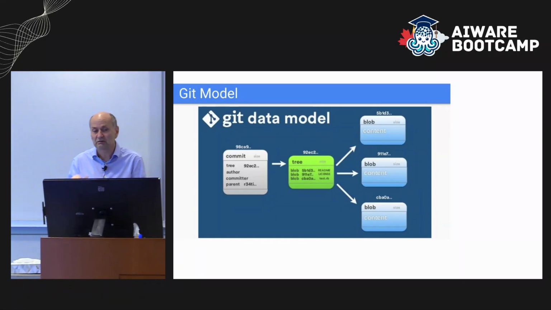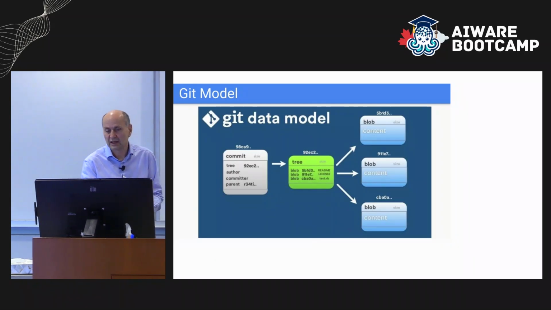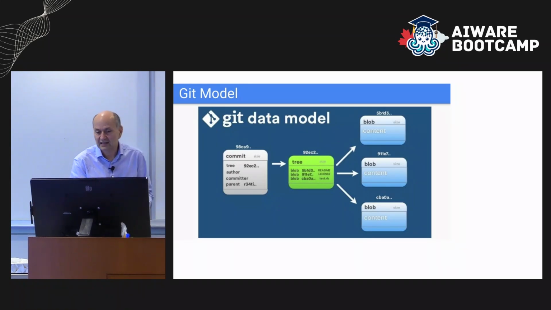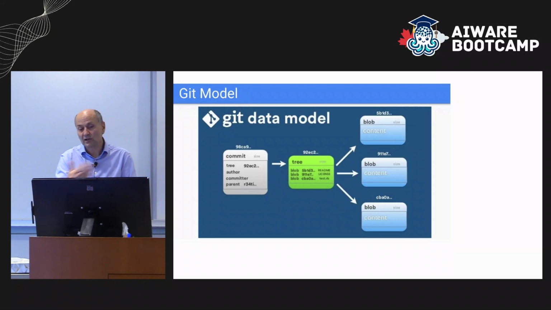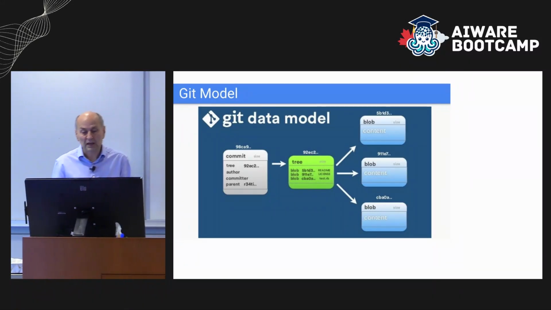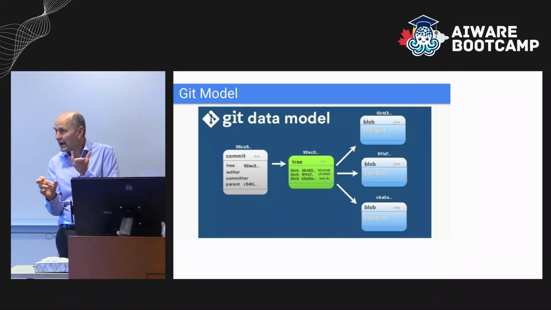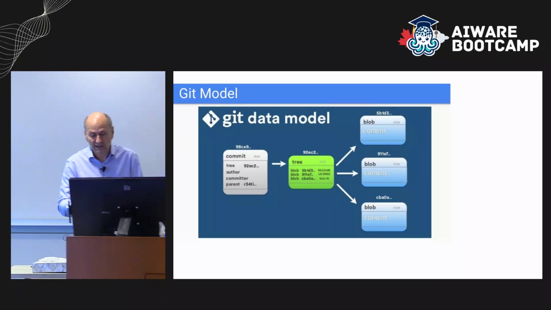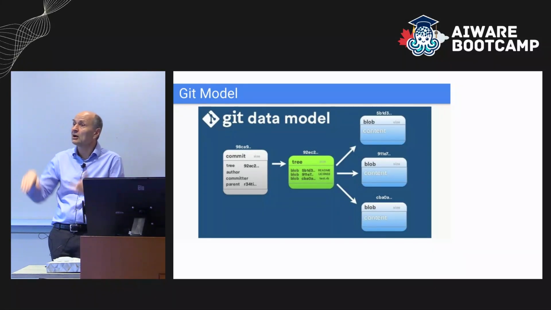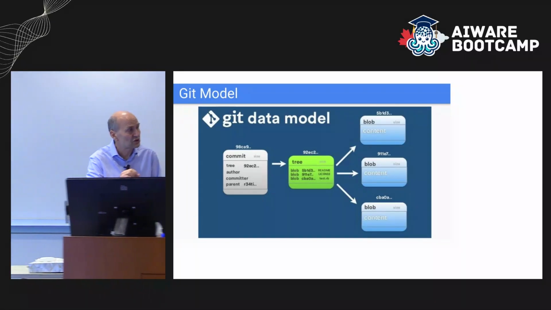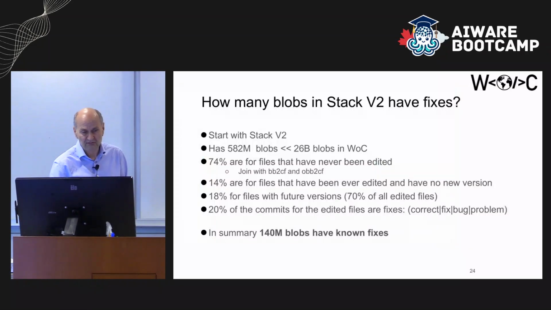So when you compare two trees, in this case, we show just one tree. It says README has a blob with SHA-1 5B. License has a blob with SHA-1 911. And then test.rb has SHA-1 CBA, right? Then you look at the parent commit, and it also has a tree. And if you say, well, test.rb's SHA-1 is different, that means that file was modified as a result of that commit, right? So from the hierarchy of commit history, we can also get blob history by tracing which blobs changed at the same file name as the result of that history.